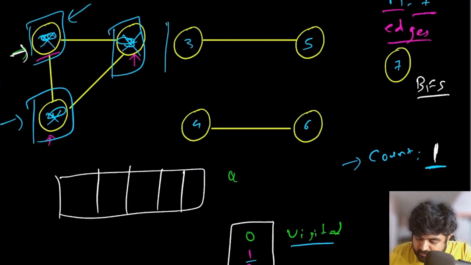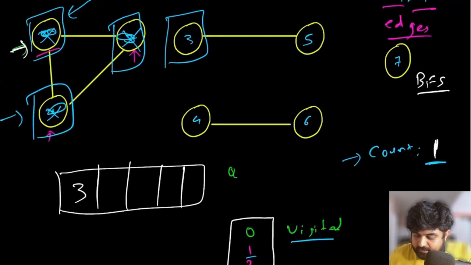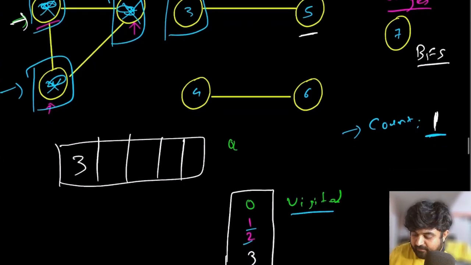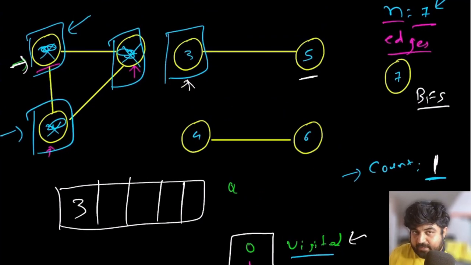Moving on to the next value, starting at position number 3. Since 3 has not been visited, adding 3 over here, adding 3 in the queue as well, going through all the neighbors of 3. Currently 3 only has one neighbor, and that is value number 5. 5 has not been visited, and also since we find a new element 3, I forgot to increment the count. So now the number of connected components we have found so far is going to be 2. I forgot that, but this is important.